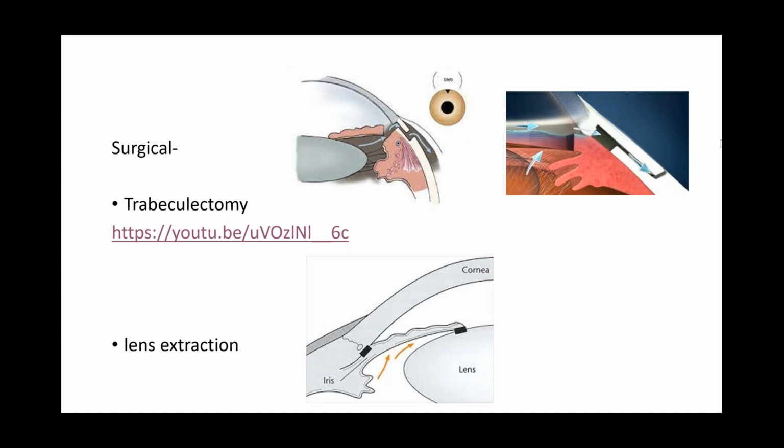The lens could also be bulky and might push the iris forwards. Okay, so if you remove this lens, the iris will fall back, and the angle might open up. So lens extraction can also be done for moderate angle closure glaucomas. Depending, the lens could be cataractous or clear. So the angle closure glaucoma treatment is a clear lens extraction, but that works only for early to moderate and not for advanced cases.